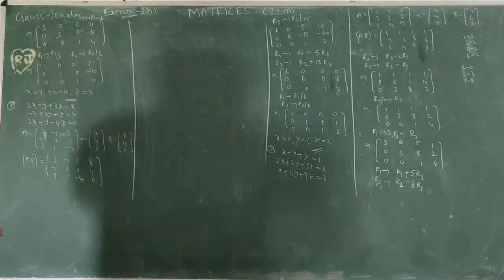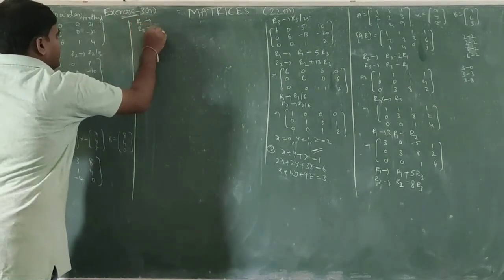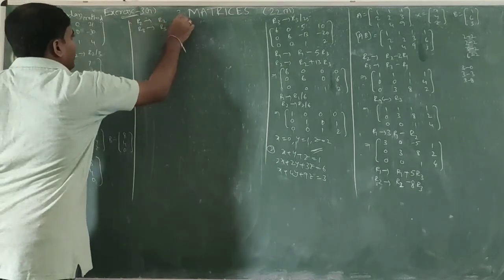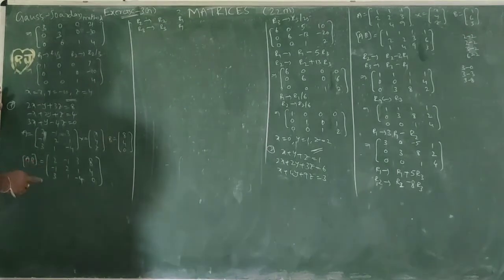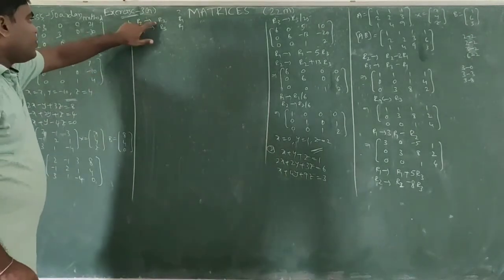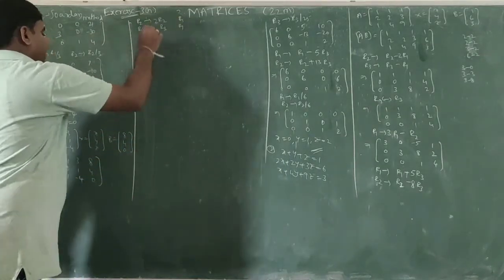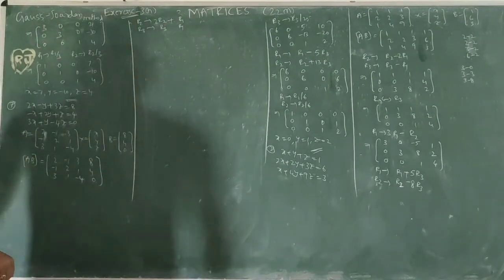So diagonal matrix. First column: minus 1 and 3 are the non-diagonal elements. These two are 0. R2 changes, R3 changes. Why are we changing R2? R2 and R3 are changed with the help of the diagonal R1. Okay, this is 2, this is minus 1, so this is number 1. This is 2, so this 2 we must write here. Opposite signs, keep plus in the middle.